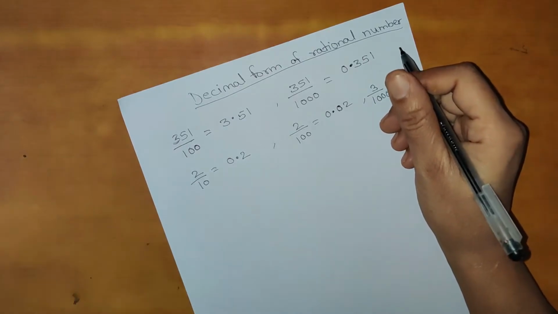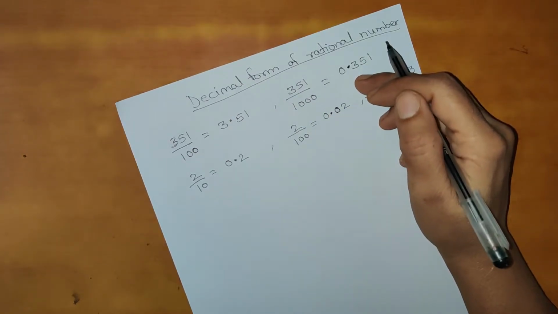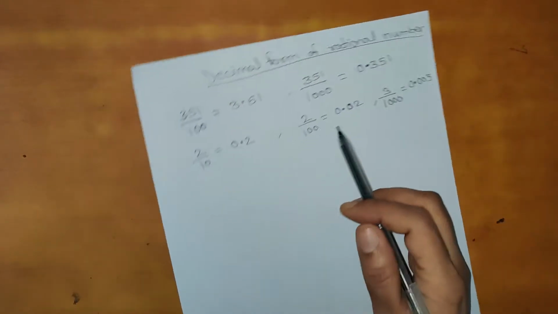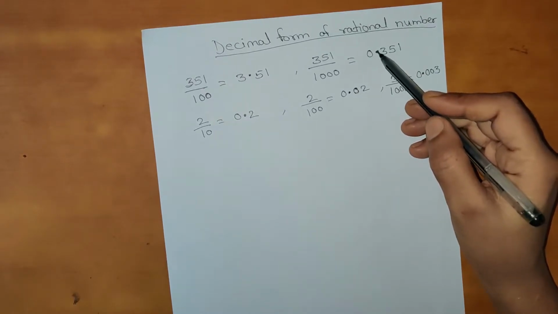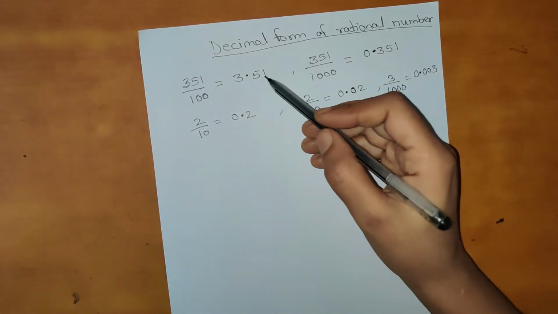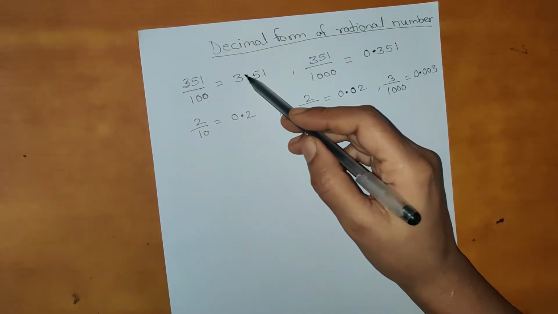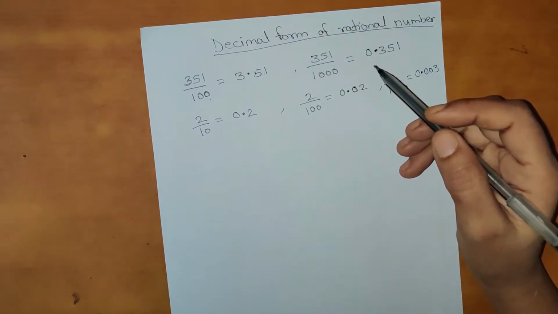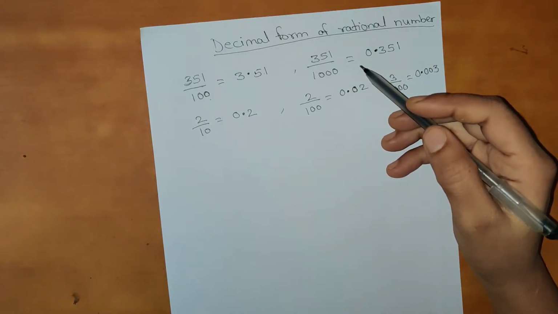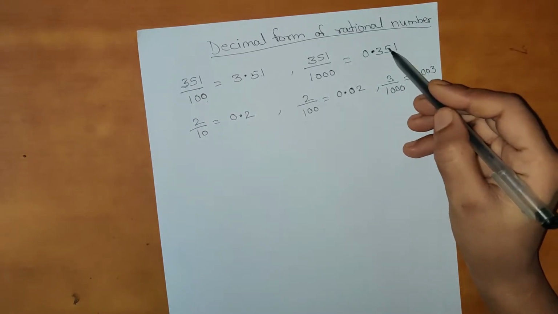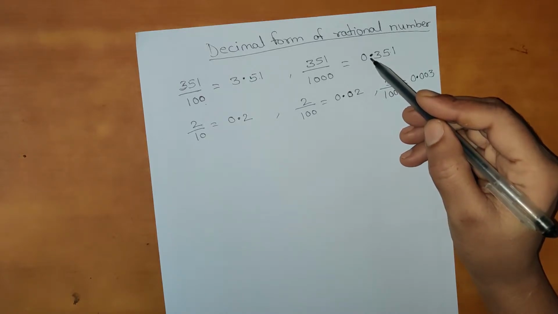So what we understood is, we can divide a decimal fraction by either 100 or 1000. If we are dividing by 100 or 1000, we move the decimal point, decimal meaning point, two places to the left. For example, here 100, so two places to the left hand side. If we are dividing by 1000, again how many places are we moving? To the left hand side, this is 1000, so we move three places to the left.